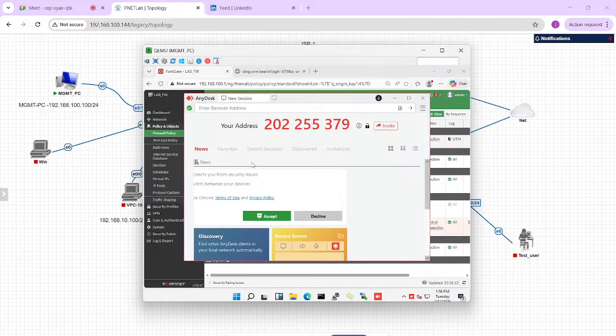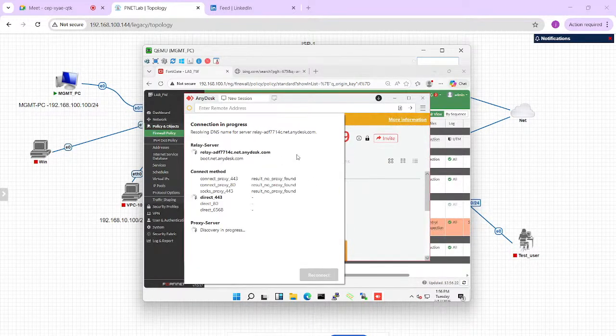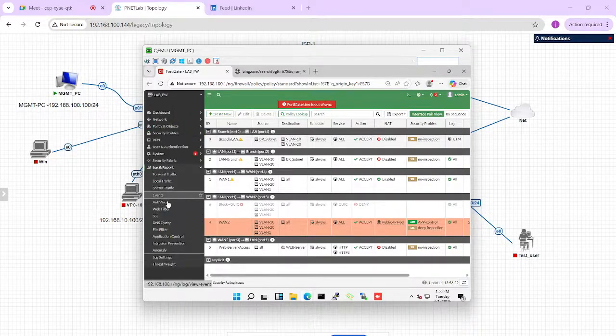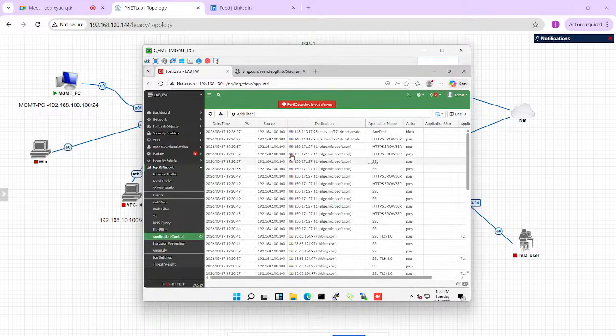Okay. Now I will go here again. Say reconnect. Connection in progress. Receiving connection in progress. Let us see. In the meantime, I will go to logs and reports. I will say where is application control. Application control. You see